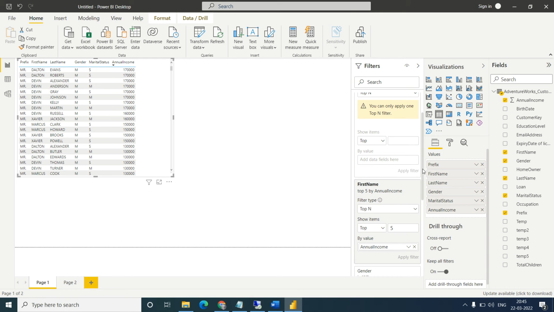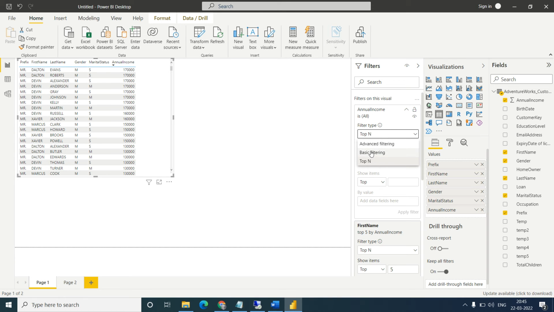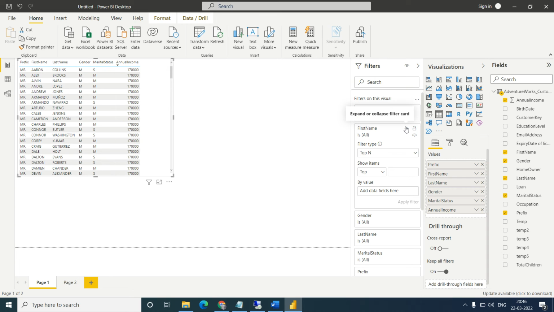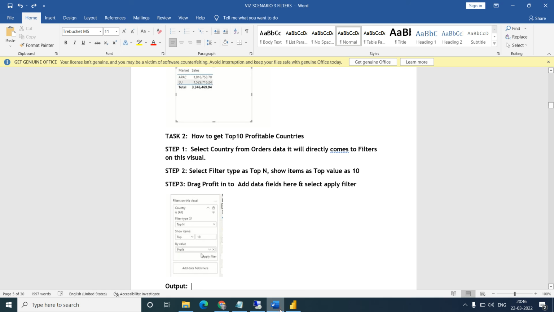What it is saying is that it applies on the top, we cannot. So how will we do this?